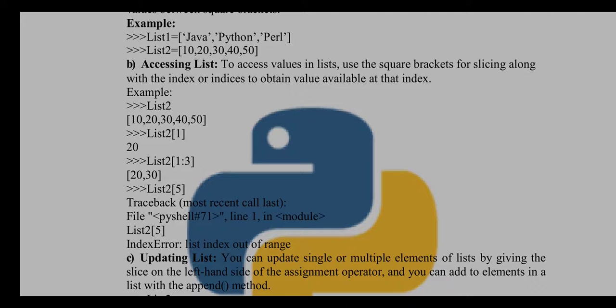If you want to access the elements 20 and 30, or we can say we have to access elements within a particular range, we can specify the range. So 1 is the starting position and 3 is the end position. The list is going to be accessed from the starting position to the last minus 1, that is, it is going to access index positions 1 and 2. That's why it's going to print 20 and 30.